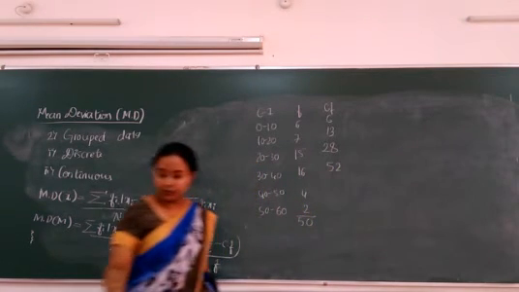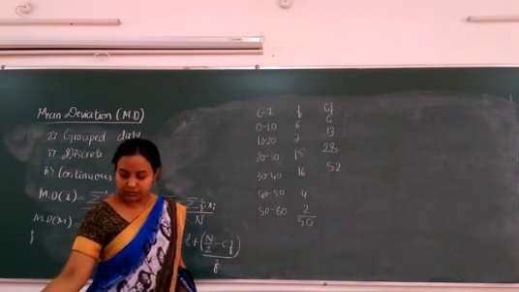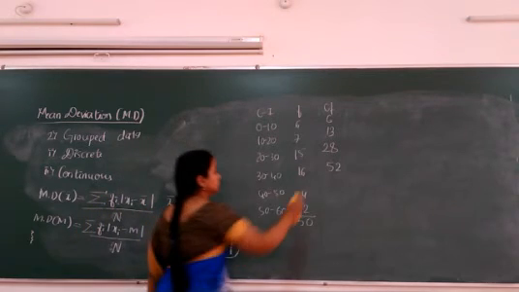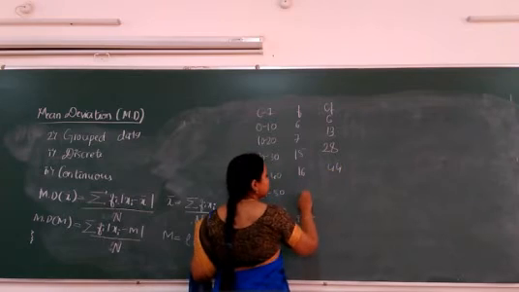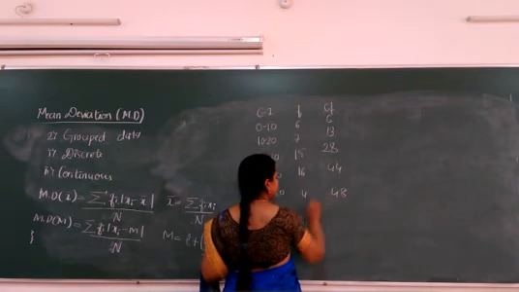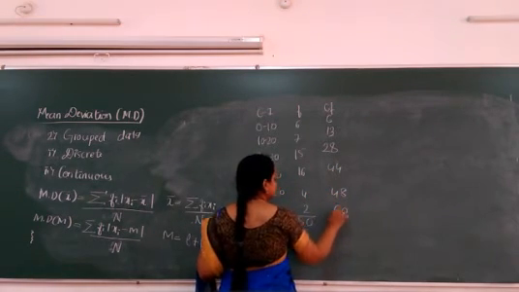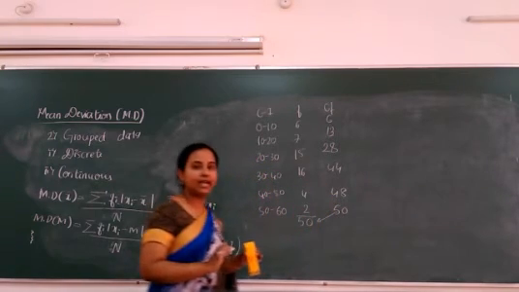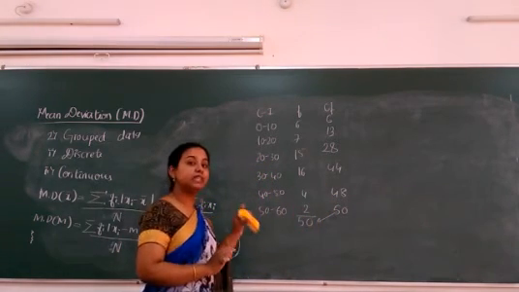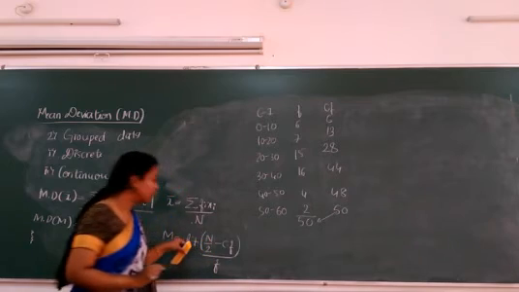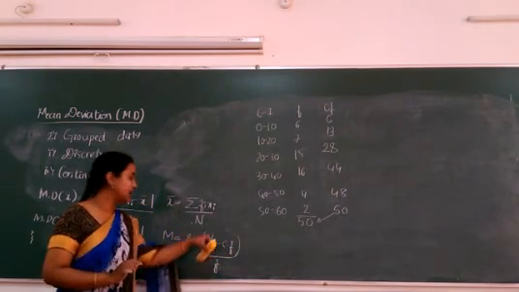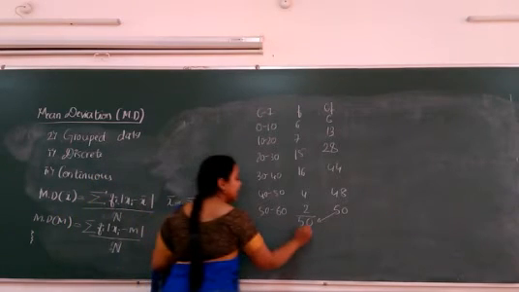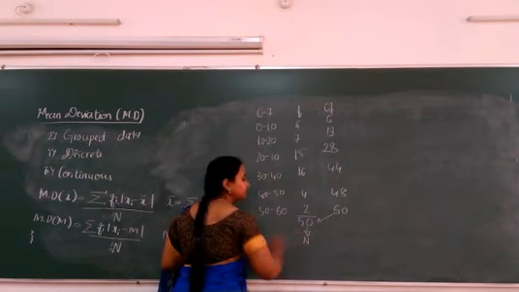If I am not wrong, 52 or 50? Right, sorry, it will be 44. 44 plus 4 is 48. 48 plus 2 is 50. They both are tallying. Right, so now this is done. Next, to know the median, you should know what is L, what is CF, what is F. N is already known to us. What is N? N is 50.